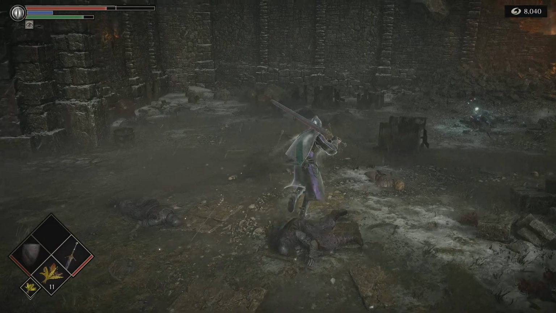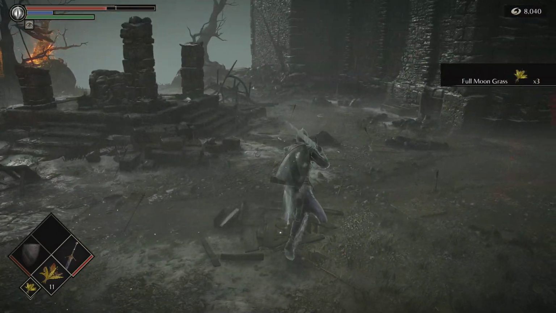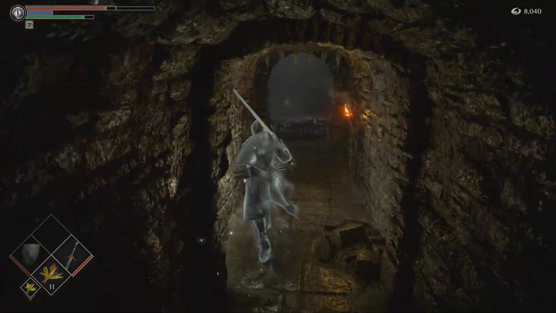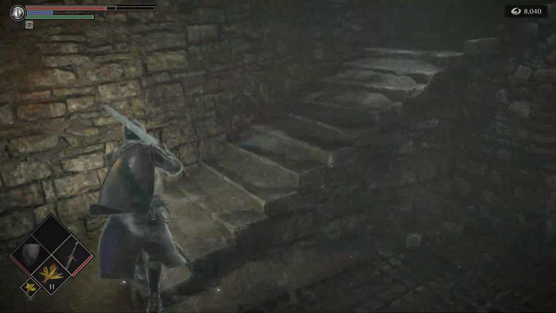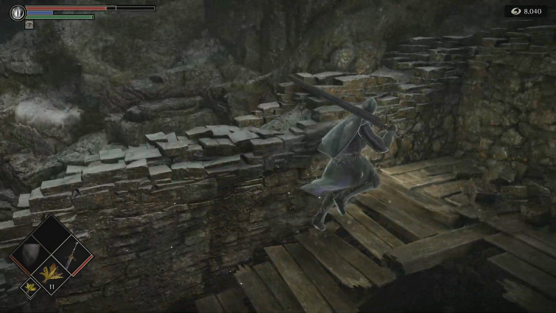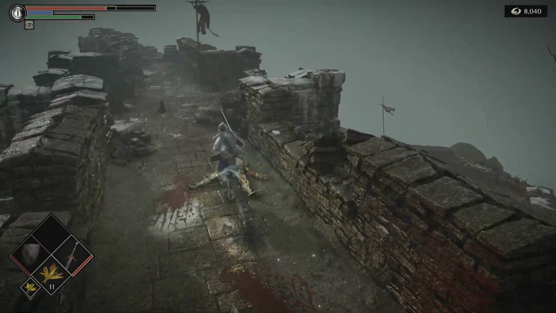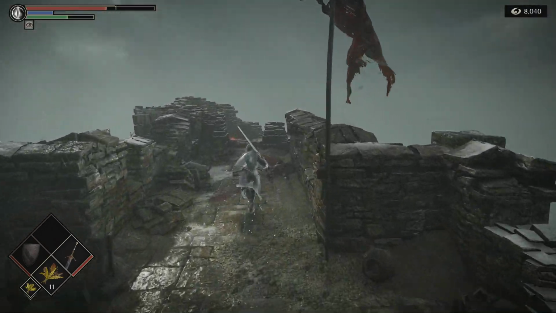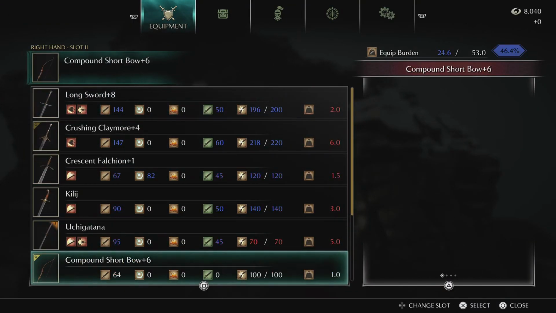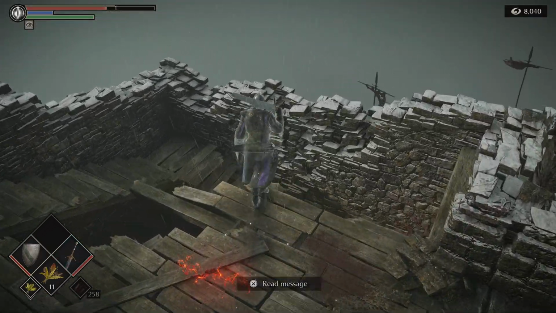So the other way is... Oh, let me show you. I did say I would show you. We won't do it yet, we'll just go up the normal way. Actually, no, we may do it, because you can escape. Let's put this bow on as well, just in case. So all you do is you...